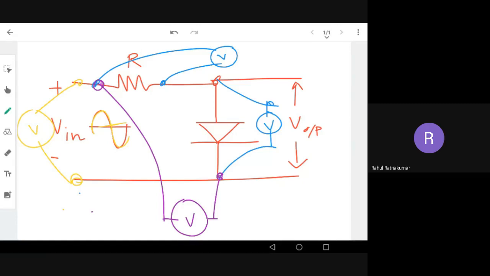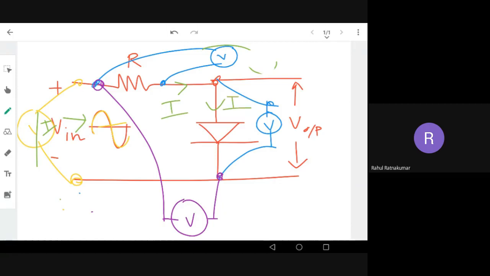Now this is only voltage. The same logic applies to current also. What is the input current? The voltage is a sine wave, the input is also a sine wave, so the current will also be a sine wave. And now what is the current across the resistance? That means you need to keep an ammeter. Sorry, an ammeter is always in series. You should know what is the current I in this part of the circuit, what is the current I through the diode. So current I also has to be understood.